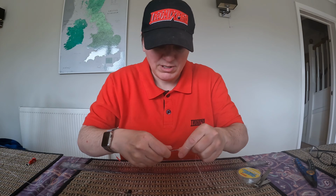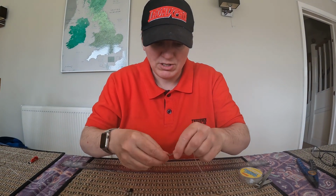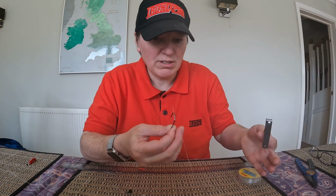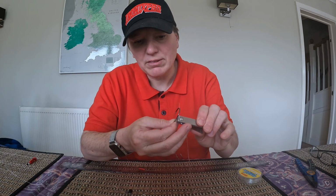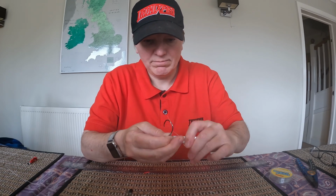There we go. So that's now nice and tight around the hook, and that's just going to help stop that hook sliding on the snood, but I'll still be able to move it to position it in the right place for the bait when I put that on there. So trim that end and that end,